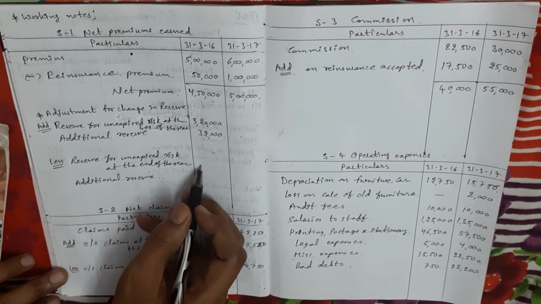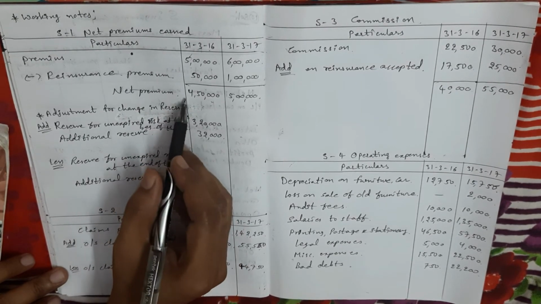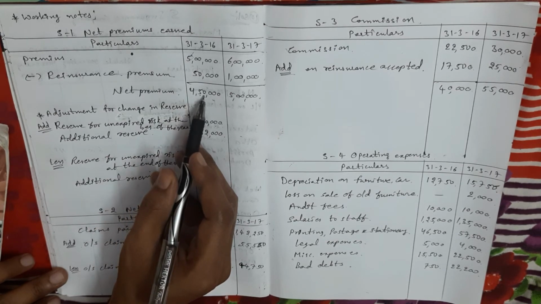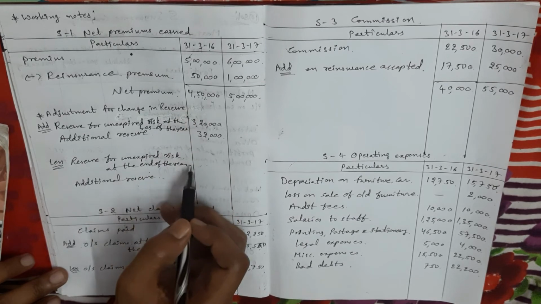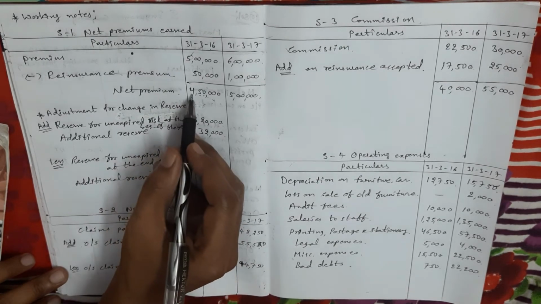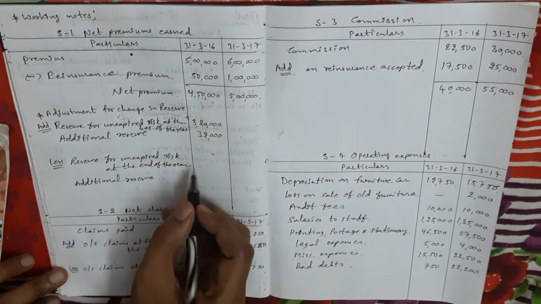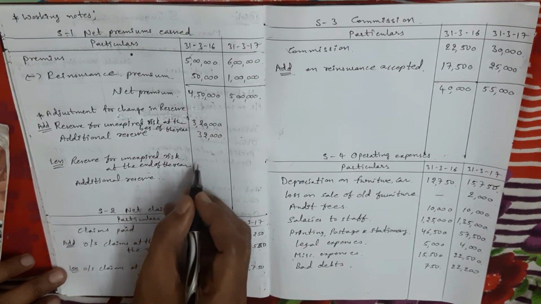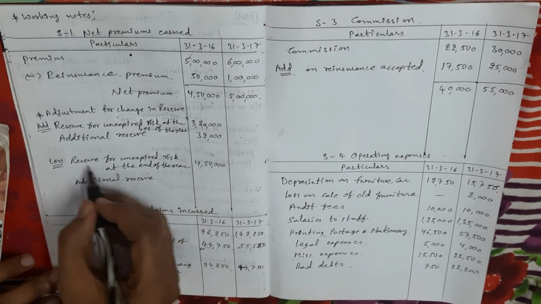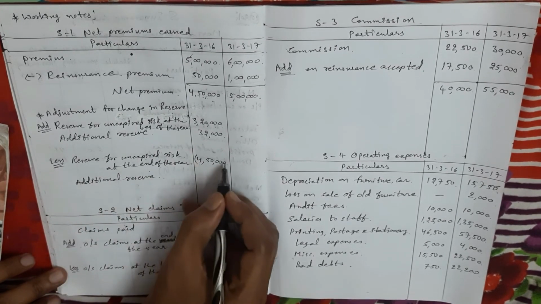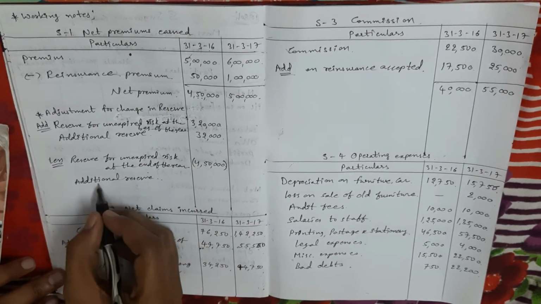Okay, last year amount, on what amount do we calculate? Last year net premium amount. Okay, 100%. It is marine insurance, so in marine insurance we take 100% of the amount. So last year net premium amount is 4,50,000. 4,50,000 into 100% means the same 4,50,000. This closing amount we have to subtract. I'm taking it in brackets.